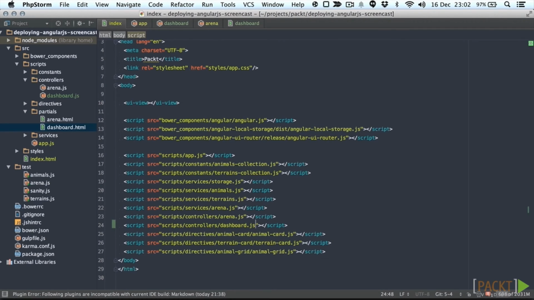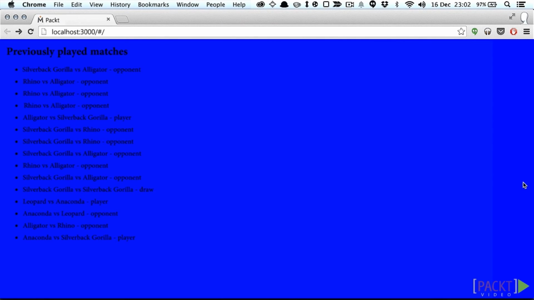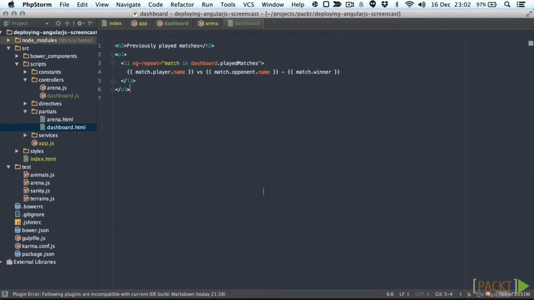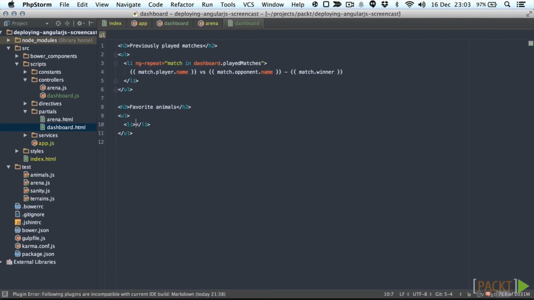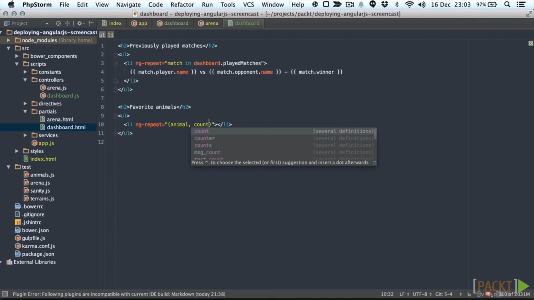Let's go ahead and open our application. Alright, it does what it should. It shows us a list of previously played matches. Let's go back to our dashboard view and then add a new title called Favorite Animals. We're just going to open up a list again. This time we're going to loop over an object, so we're going to use the animals key and the count value